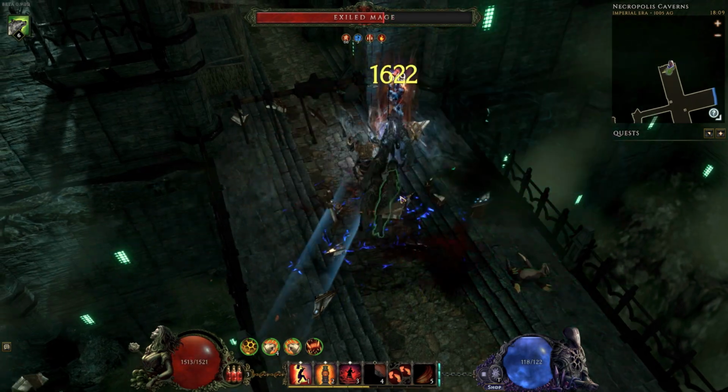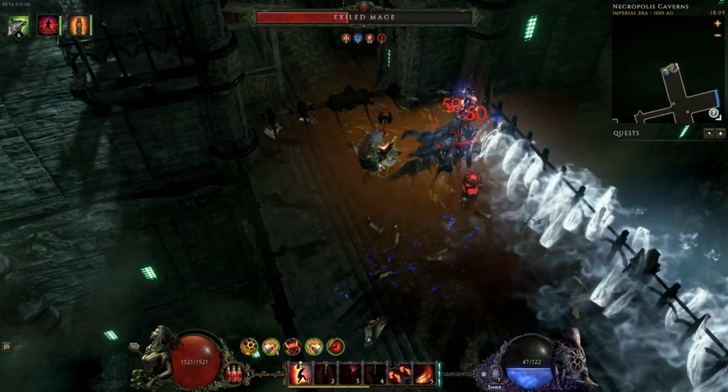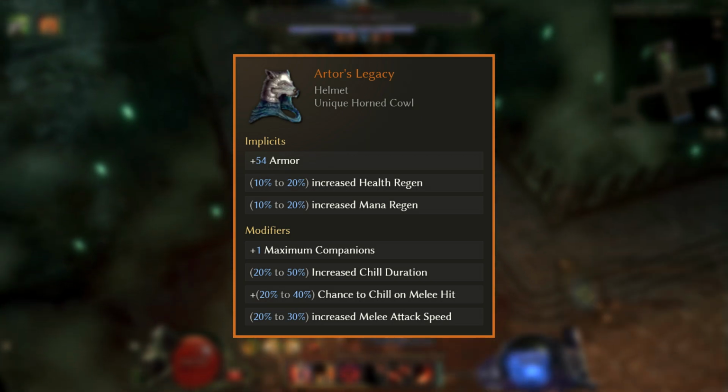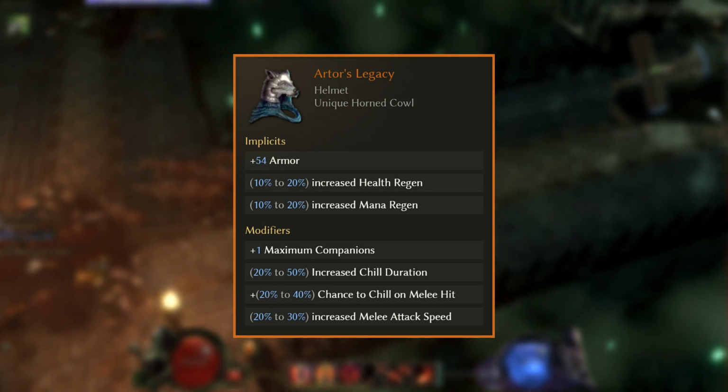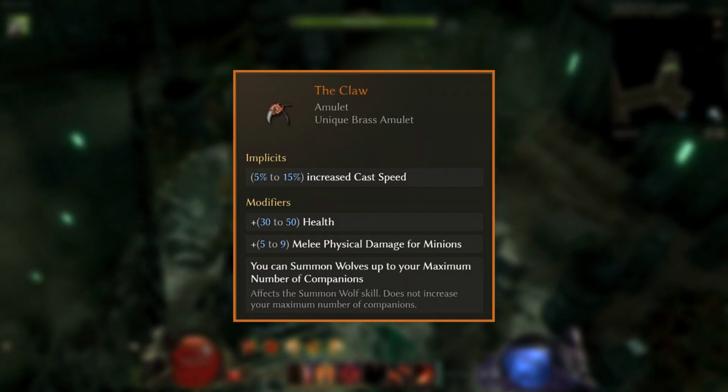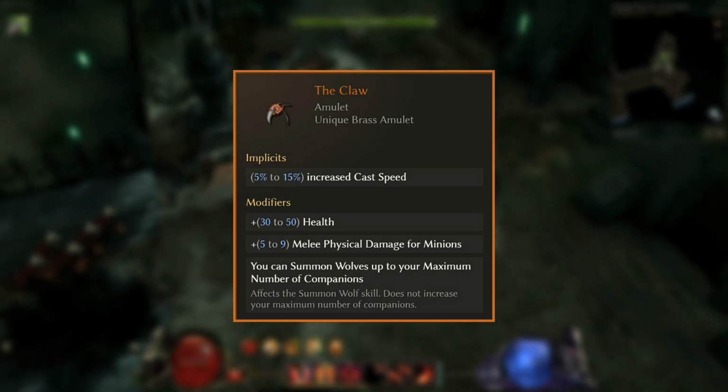We use 3 uniques for this build. They're all common rarity, so easy to find. You've got Artor's Legacy, equipable at level 44, farm it from the Black Sun, and this will give us an additional companion, so that's an additional wolf. We have the Claw, level 50,